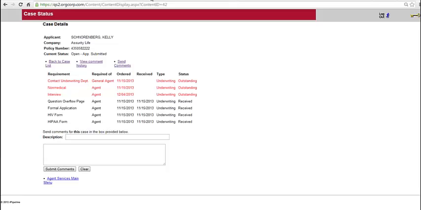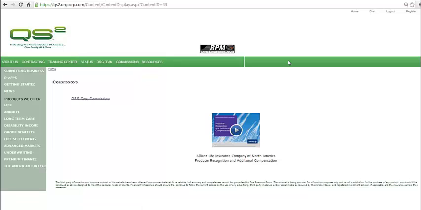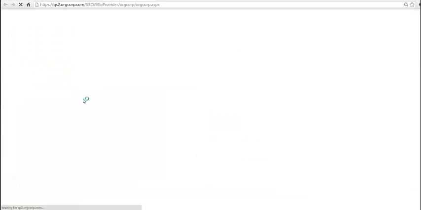Okay, so let me close out of this. Another thing that we have on here that's nice is this commissions button. We currently have the other commission button in our back office that we're using, and we're going to be tying this one in so that when you click here and you're logged in, you'll be able to check the commission levels that we have for each product. So click on this, and it will bring up